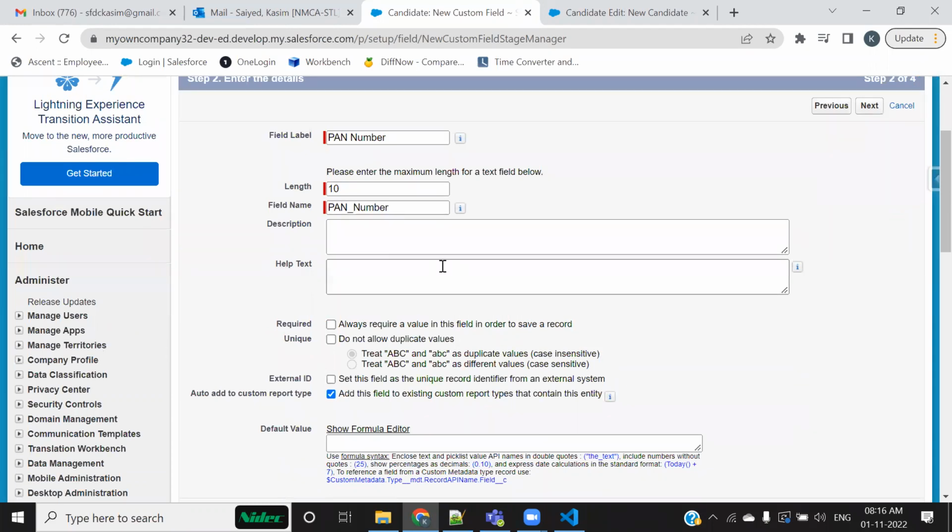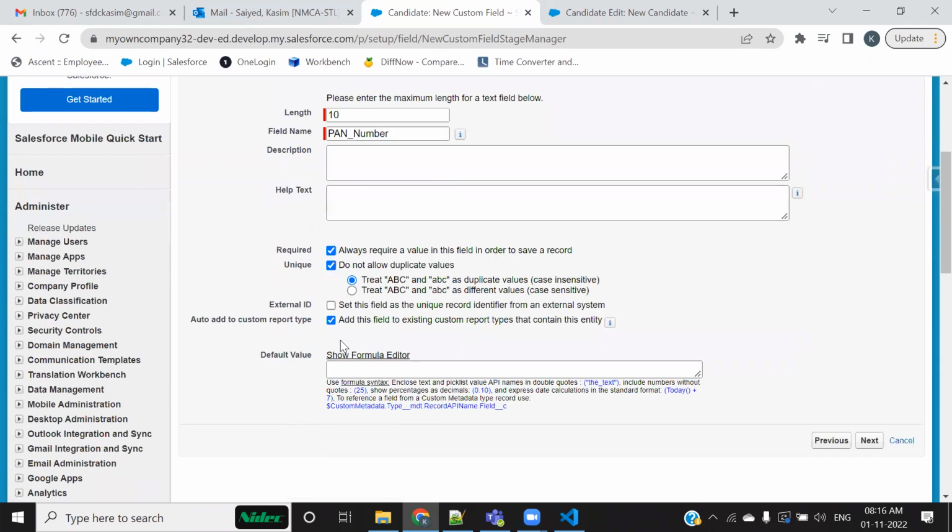All right. And I'm making this required and I'm making this unique as well. When you make it unique, it means duplicate values cannot be entered. No two people in India are going to have the same PAN number, because these are your unique identities. In the US, it is SSN, Social Security Number. That is a unique ID. Your license is a unique ID. Almost every country has this kind of thing, right?